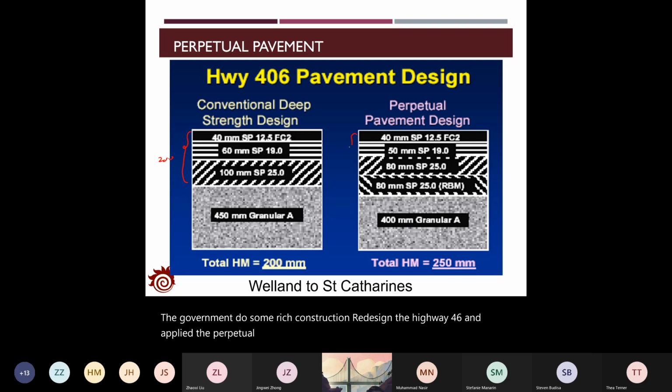And the thickness of the asphalt concrete layer increased from 200 millimeters to 250 millimeters. This is a very significant increase in thickness and budget,